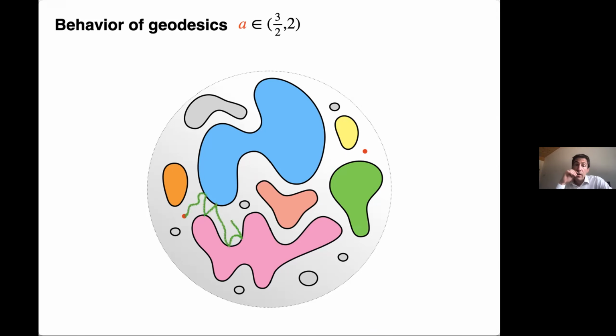In the full regime, when A is between 1 and 2, the geodesics will touch the faces. Actually, they will bounce on the faces back and forth to get from this point to the other one. And this will be very useful when doing the final step of the proof, if I can.